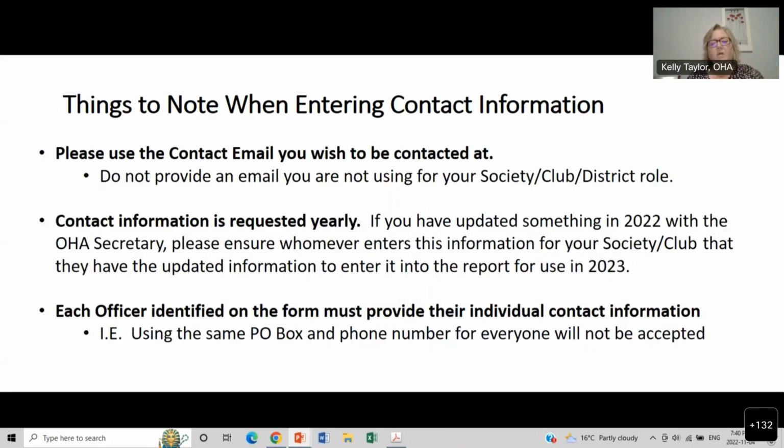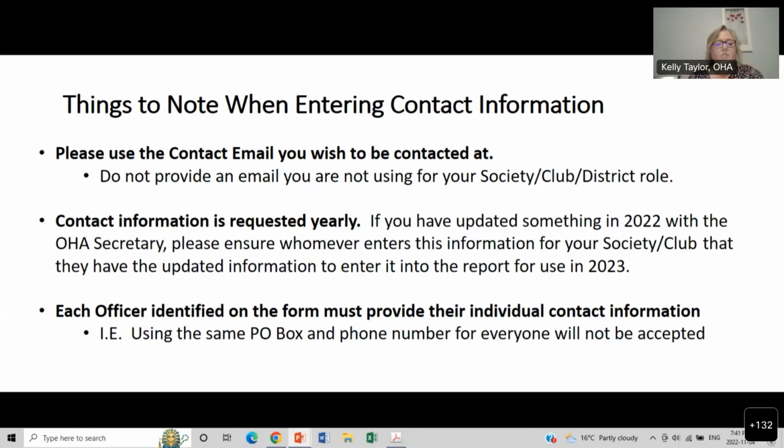So I have gone back to those societies. Please ensure you have the most up-to-date contact information. We are happy to forward this on to whatever email is needed, but we need your help in making sure we get that updated contact information. It is requested yearly. I refresh my contact list every year. Once we pull all this data, usually around the end of February before I get the stragglers in,